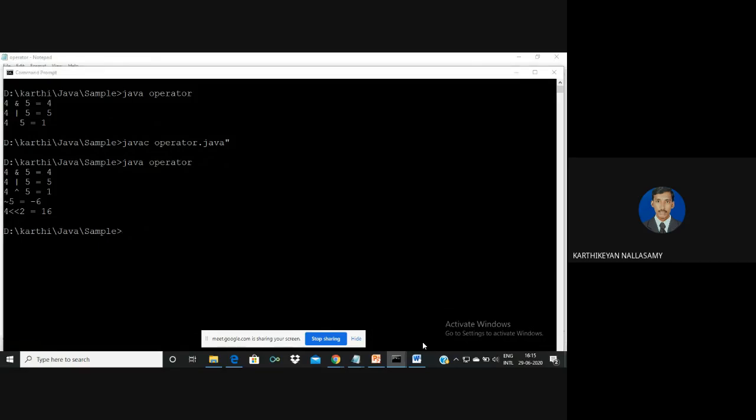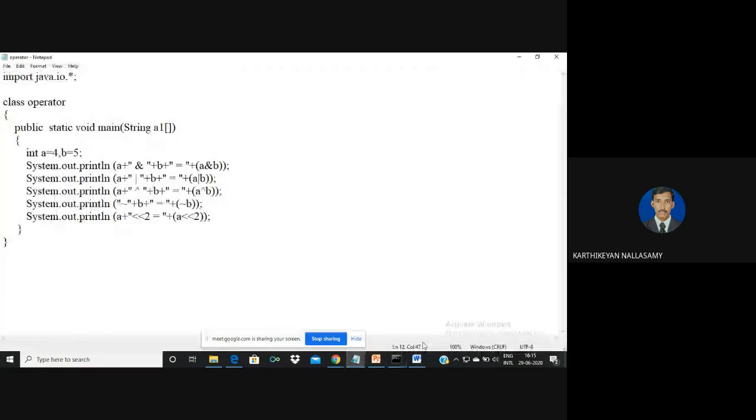But in case of shifting operators, I think maybe you know, if I'm going to represent it like this, for example, 4 less than 2. We know that the binary representation is 0100. Now if it is 2, it means I need to add 2 zeros on the left hand and remove 2 bits on the right hand, including the sign bit, so that we represent the value of 4 in 32 bits. After the 4 digits, the remaining 28 digits must be 0 while you are representing the same 4 in 32-bit representation.